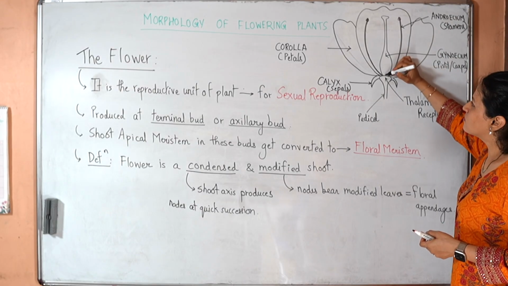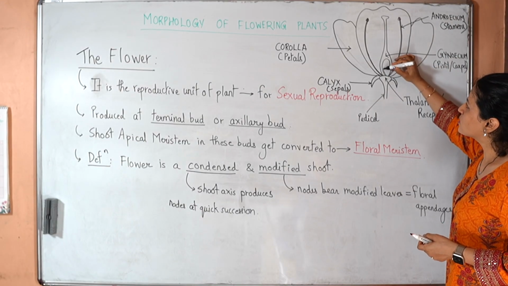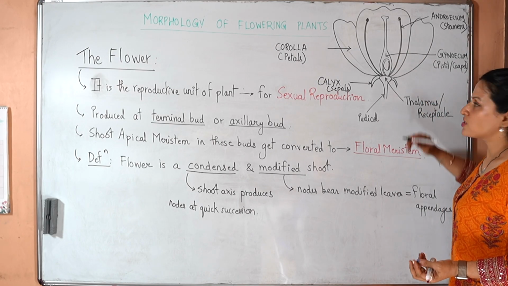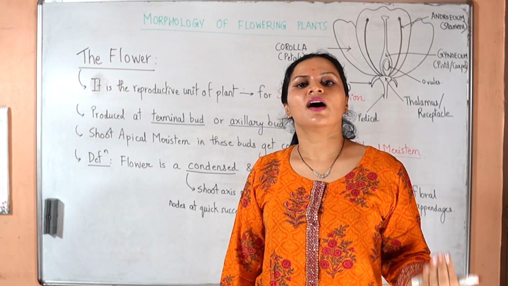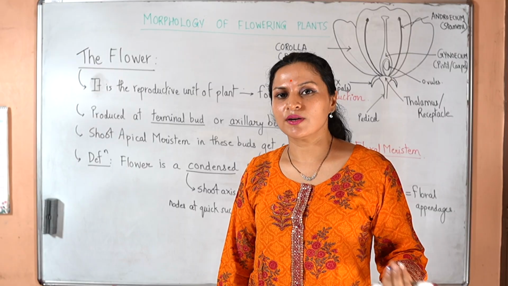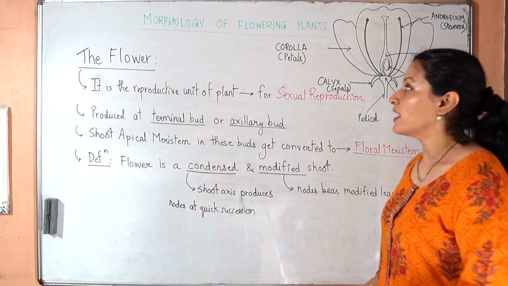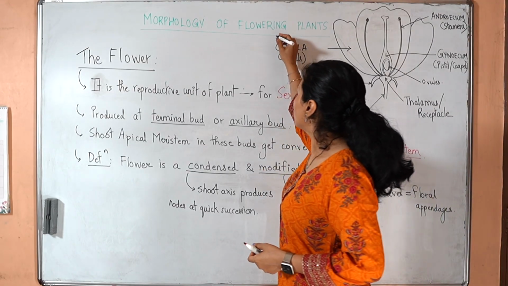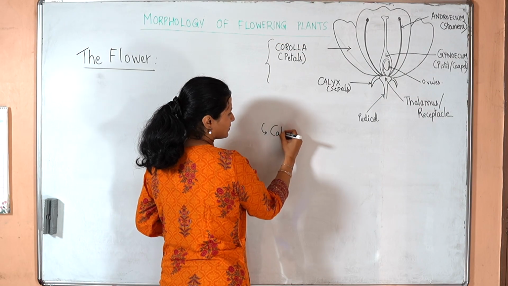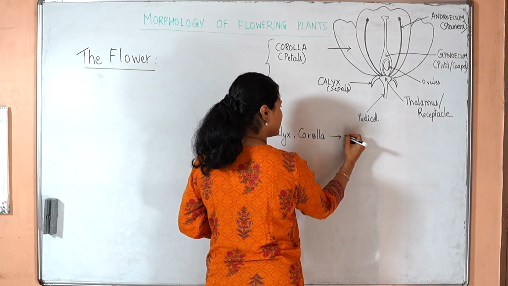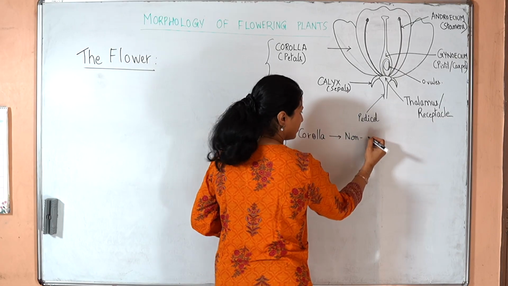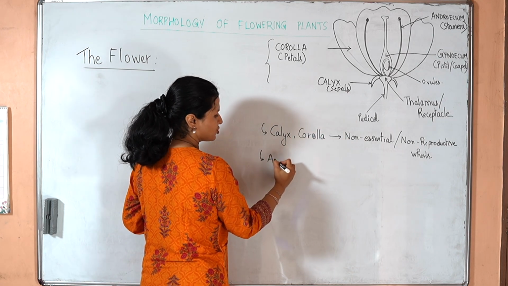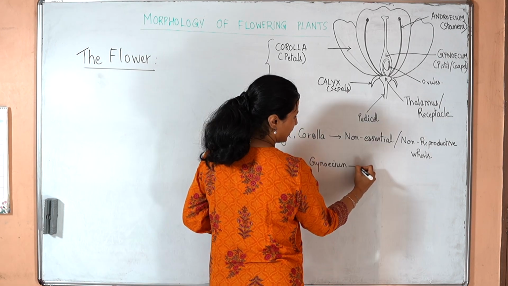Inside the Gynoecium, there is presence of these structures which are known as ovules, inside which there will be the gametes. So since Androecium and Gynoecium are the actual whorls involved in the reproduction process, they are known as the essential whorls. And the corolla and the calyx will be called as the non-essential whorls. Calyx and corolla are said to be the non-essential or non-reproductive whorls, and the Androecium and the Gynoecium are said to be the